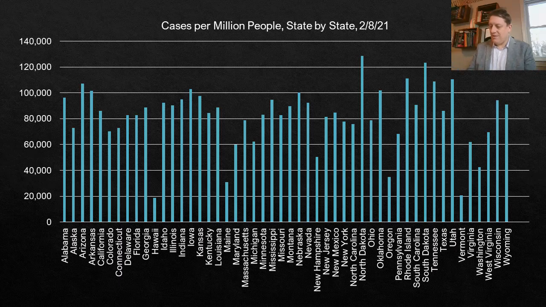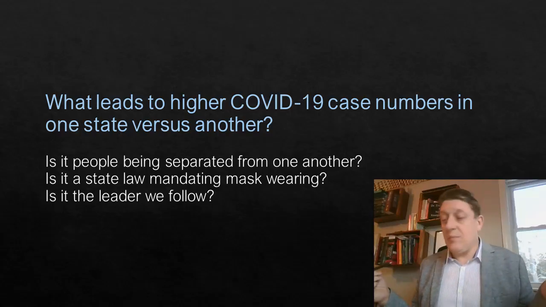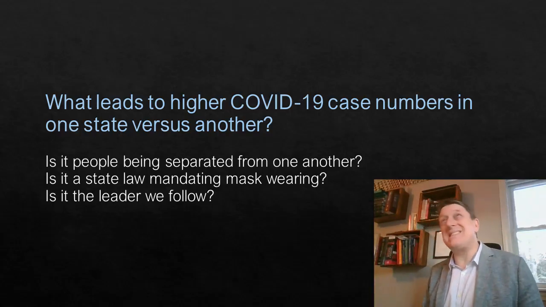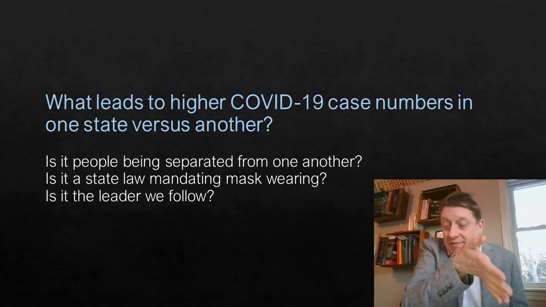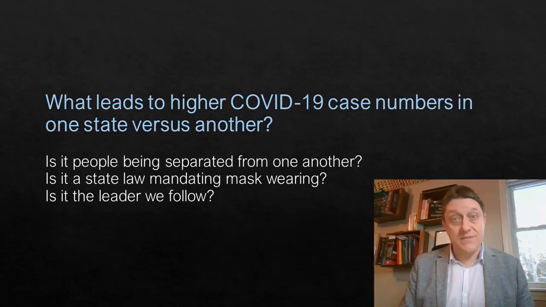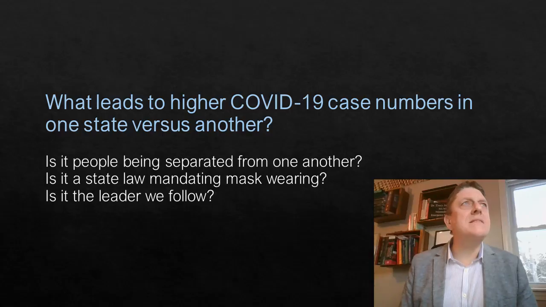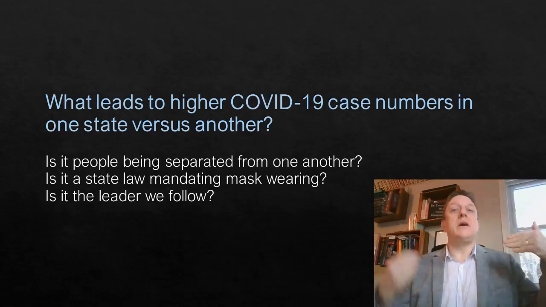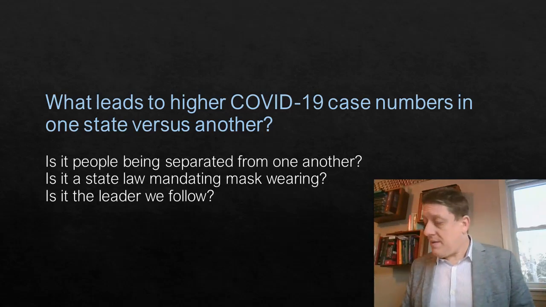And to answer that question, what leads to higher COVID-19 case numbers in one state versus another, we can consult some stories we might tell, right? Some ideas we might have that seem to make sense. For instance, is it that in some places people are separated from one another? Is it perhaps that some states have mandates for mask wearing where others don't? And it turns out there is variation in that. Or is it the leader that we follow and the example of what that leader says and the consequences of